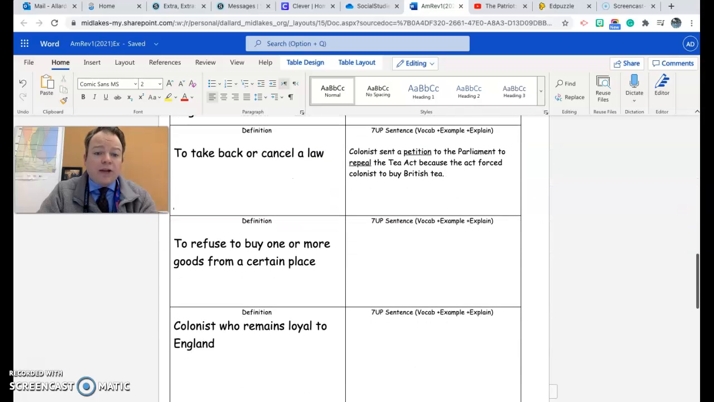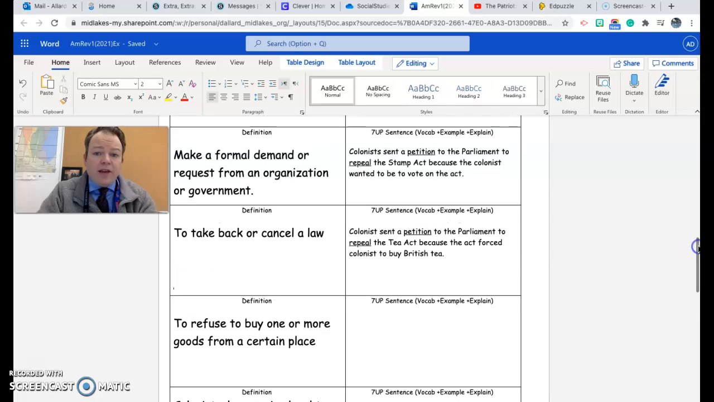Well, if we go to boycott, to refuse to buy one or more goods, I think this sentence is probably a little bit better, because remember, we're talking about buying British tea, right? If you want to get some vocabulary words, use that sentence you just wrote, right? Now just add the word boycott in there. Did the petition work? No. So what did they do? They would then boycott. So maybe we can say